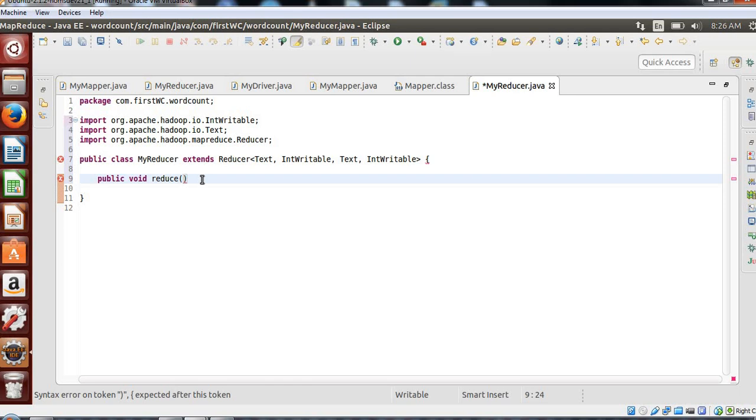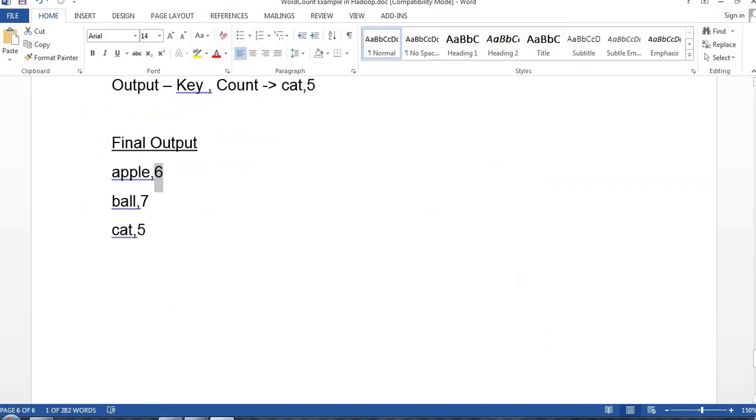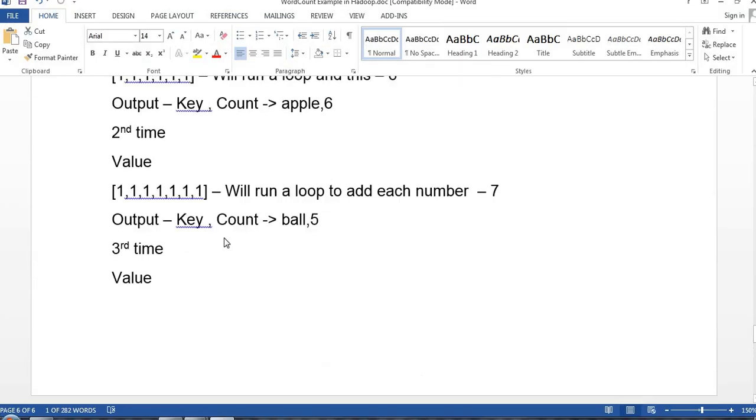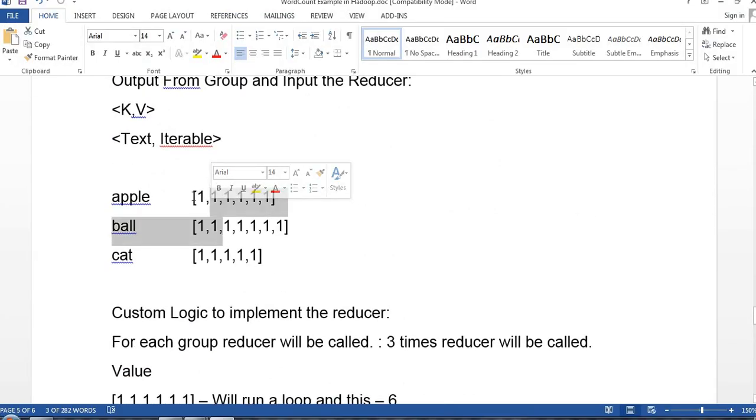Key is nothing but your key, which will be of Text type, so I'll say Text key, that is fine. Then values you are getting in a bunch, right? You are getting it in a group like this, in the form of Iterable.